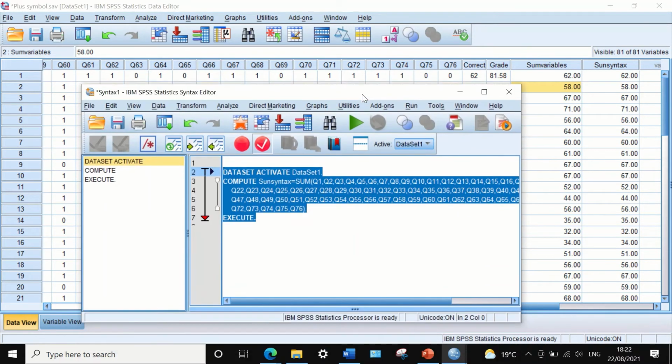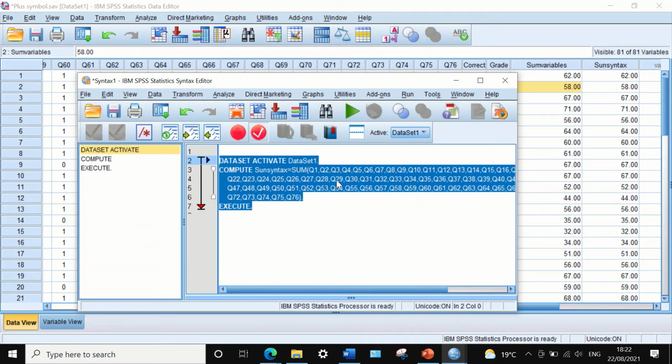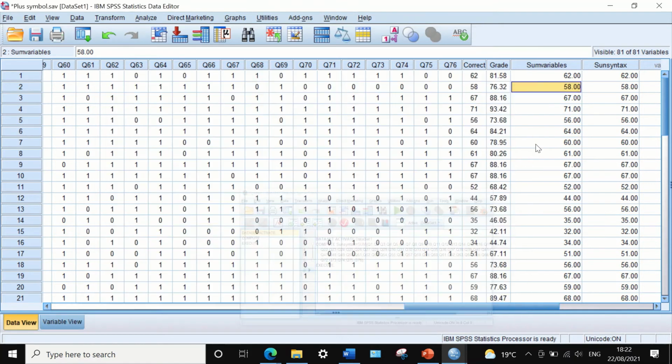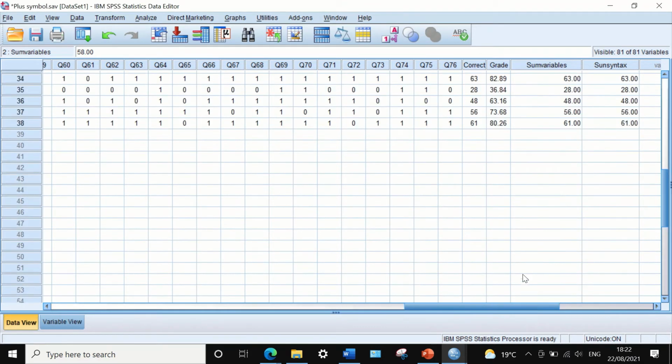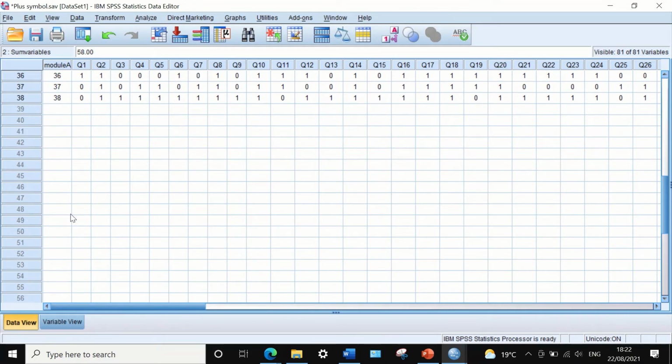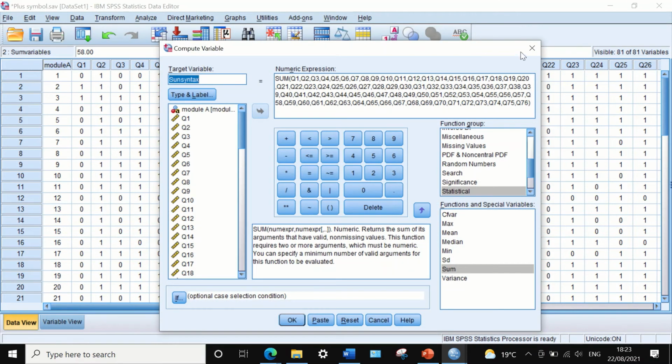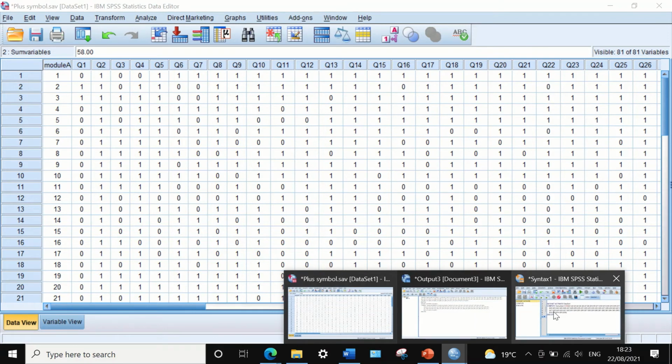Now, using the syntax editor or syntax command is really a useful and important part of SPSS, as it allows rerunning the analysis multiple times, or if you update your data or insert more records here. For example, instead of 38, add more students up to 200, or insert new data and new scores for new students by deleting all these scores and then copying and pasting new scores here. And instead of going back into transform, compute, and entering them again, it's just straight away using the syntax here to